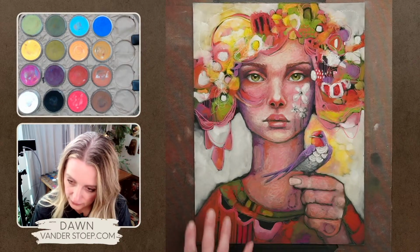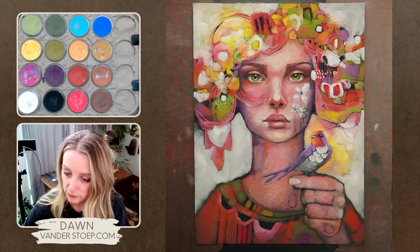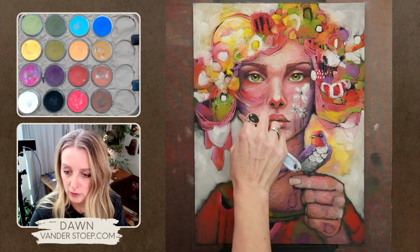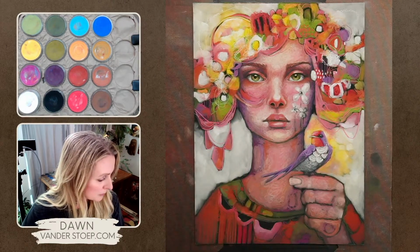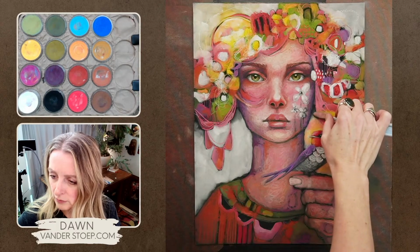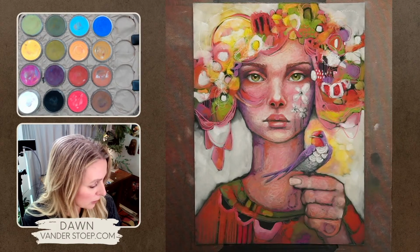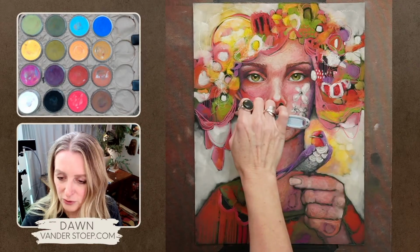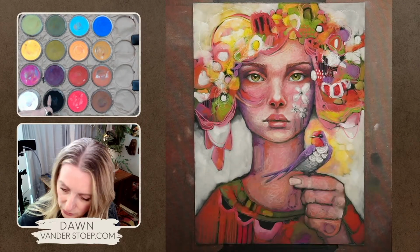Okay, I'm going to do my moment fixing these three spots before I don't want to leave without those dealt with. I don't know how this is going to work on this side, so I'm just going to try and see, because there's light in there. I could make it go all the way white, but this is kind of my jam where I push things dark. So I'm using a little bit of the black PanPastel there. And I also am going to go